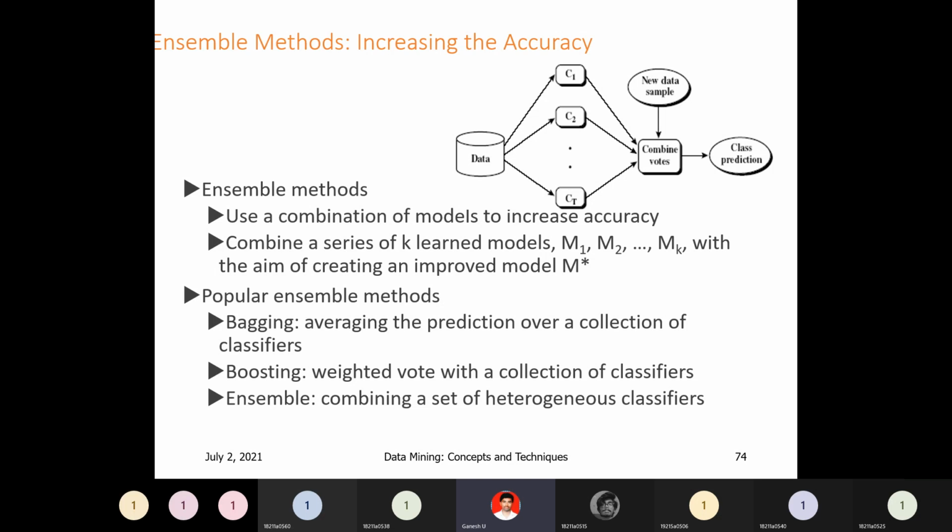So if one model gives some accuracy, say 84.9, the second gives 83.4, and the next gives 91, like that the number of classifiers, the number of models, will give different accuracies. The ensemble is nothing but combining all of them. Automatically that will give better accuracy, no? So you are combining all.